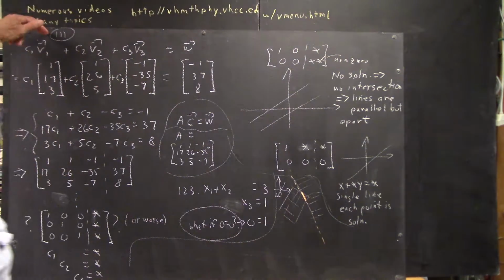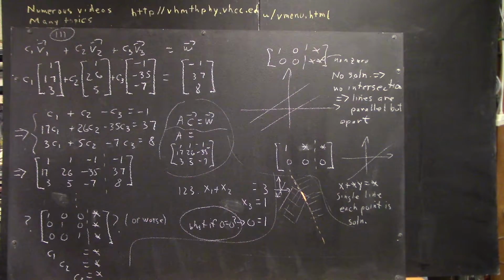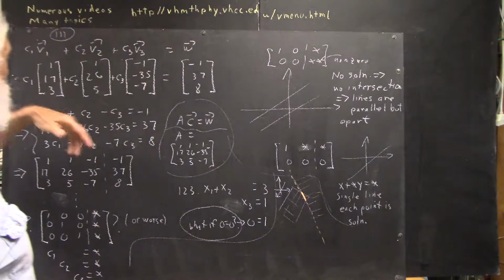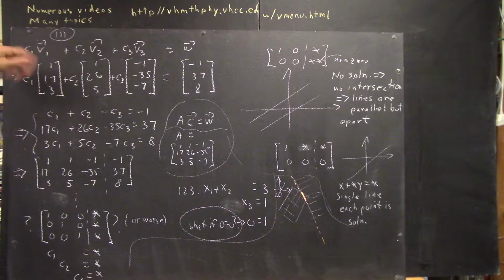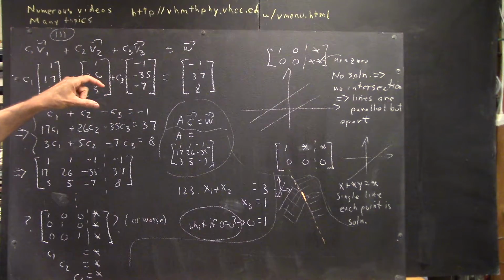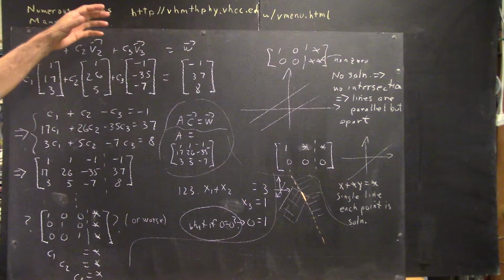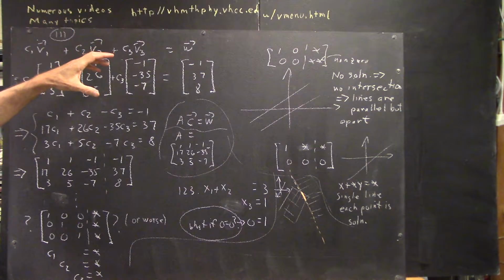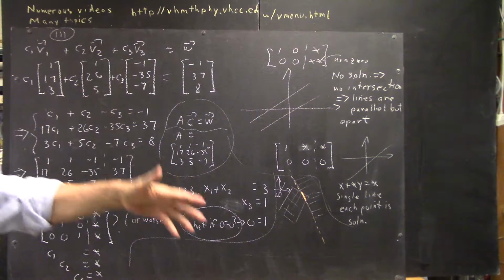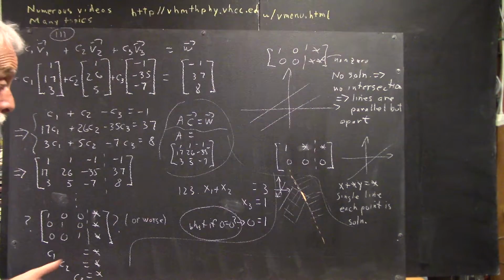Now number 11 on the sheet really should have been just C1V1 plus C2V2 equals W, and V1 and V2 would be column vectors with only 2 elements, a column of length 2 rather than 3. Because, as you know, the pattern has been: let's do one in 2 dimensions, then we do one in 3. So number 1 was in 2 dimensions, number 2 was in 3 dimensions. Then number 3 was in 2 dimensions, number 4 was in 3. And I'm just doing the 3 dimensions. I'm not going to do the 2-dimensional